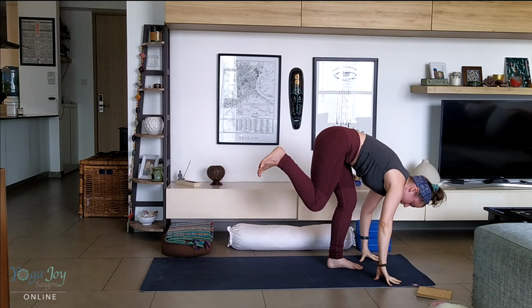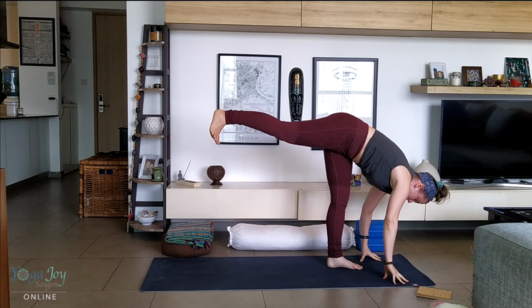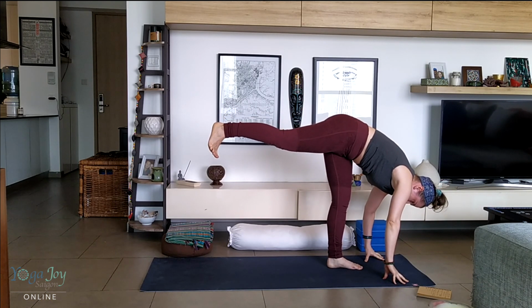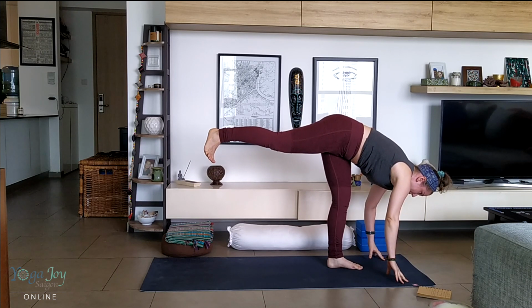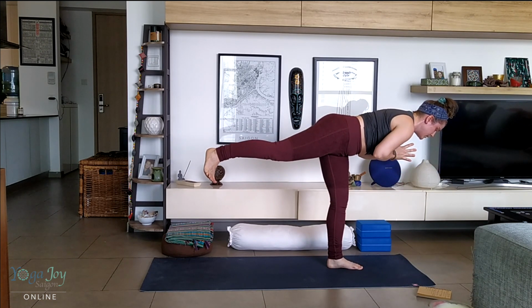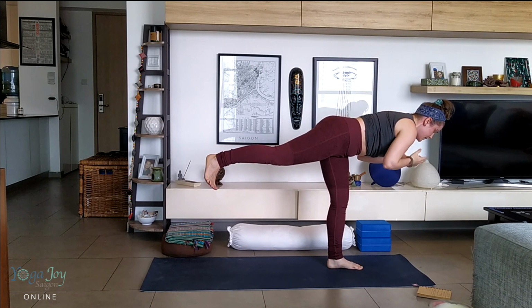Inhale, right foot back. Lift your right foot off the mat. We're in a standing split. Find your drishti. And if you're able to, bring your hands off the mat. You can start with your hands at heart center. And then,